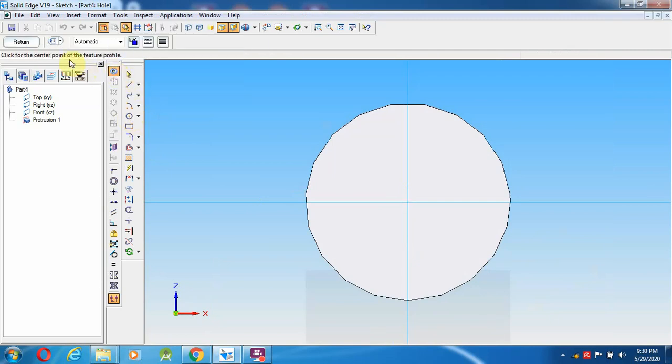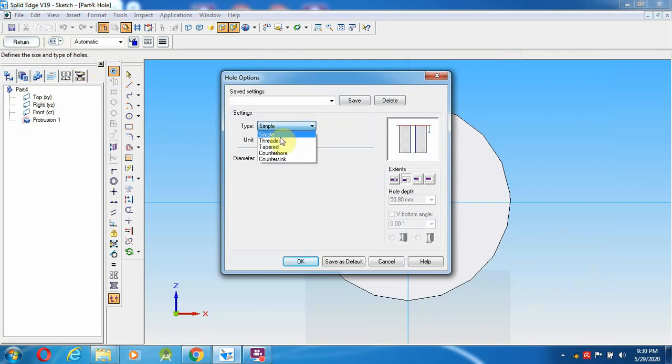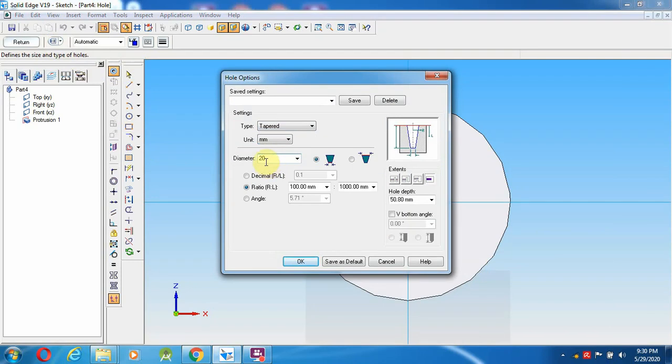Select hole with parameter, change the parameter to the tapered hole, and the diameter is 20. This is the maximum diameter. You can choose this, and this will be the decimal ratio length. You can give 1/20.